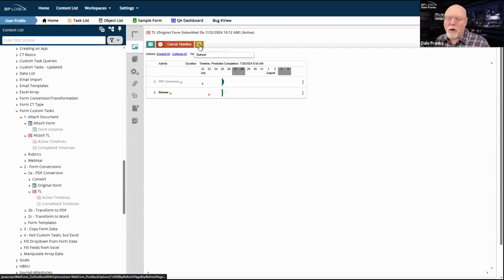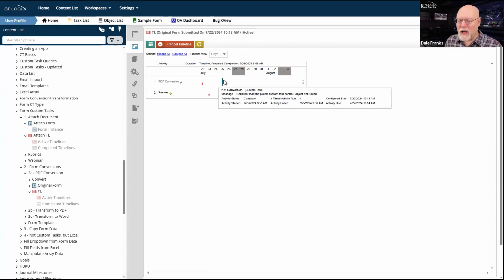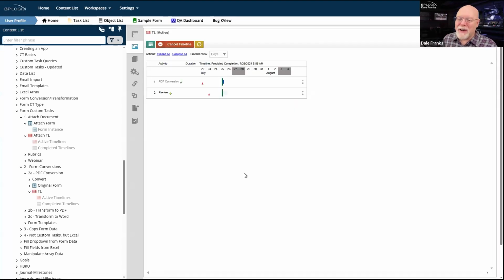So that's what the refresh button does, because I'm sometimes going to need to refresh a couple of times. And for this particular customer, they may have a lot of very long PDF documents. So hitting refresh 10 seconds after I've restarted the process is probably not going to tell me much, because I know it's going to take about 30 or 40 seconds for all of those hundreds of pages to get converted to PDF, along with all of their images and diagrams and whatnot.